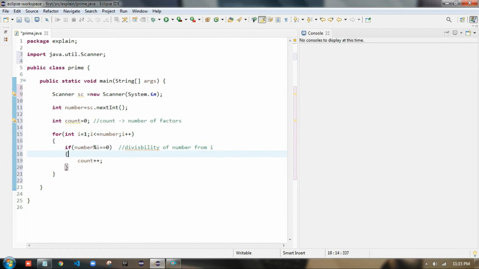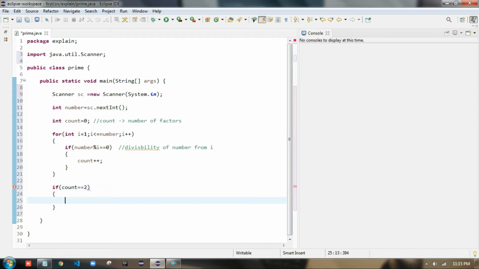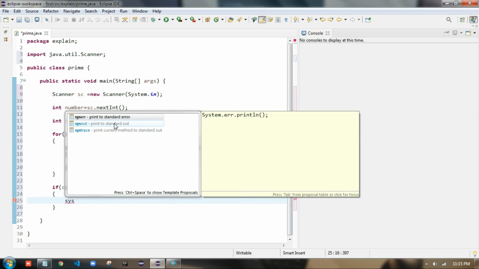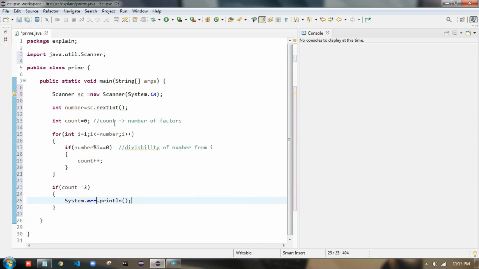Okay, it will go, and after this loop is finished, what we will write is, if the value of count is equal to 2, then System.out.print that it is a prime number. System.out.print it is a prime number. Okay, else it is not a prime number. So this was our code. We will run this.